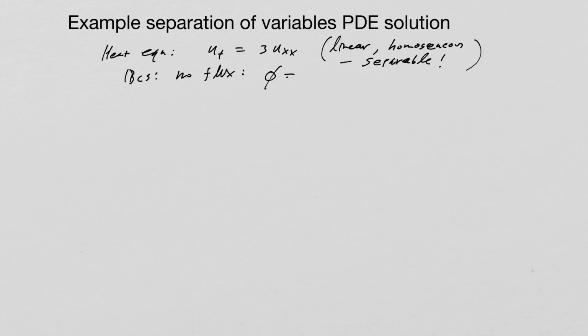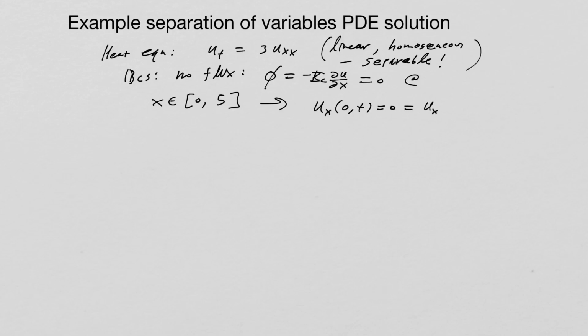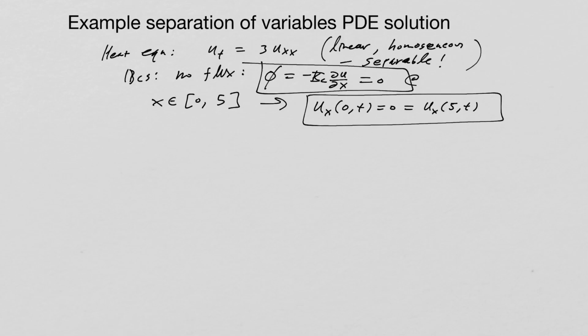So we know that no flux means that negative K_c, the heat conductivity, times the spatial derivative of temperature, has to be equal to 0 at the boundaries. In this case, we're going to go from 0 all the way up to 5. And all that means is that I can write the boundary conditions very simply as u_x(0, t) = 0, and it's also equal to u_x(5, t). All right, so those are our boundary conditions written more simply, and all that means is the heat flux at the endpoints